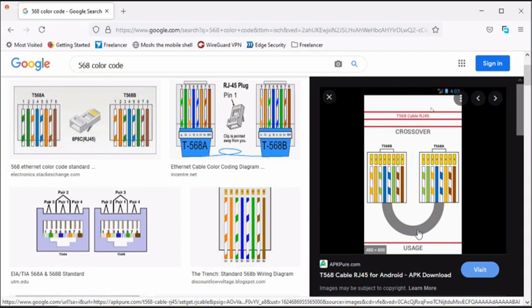The reason, I think you know, is that one side will be transmit and the other side will be receive. And since both devices have the same pin configuration, let's say PC to PC or router to router,